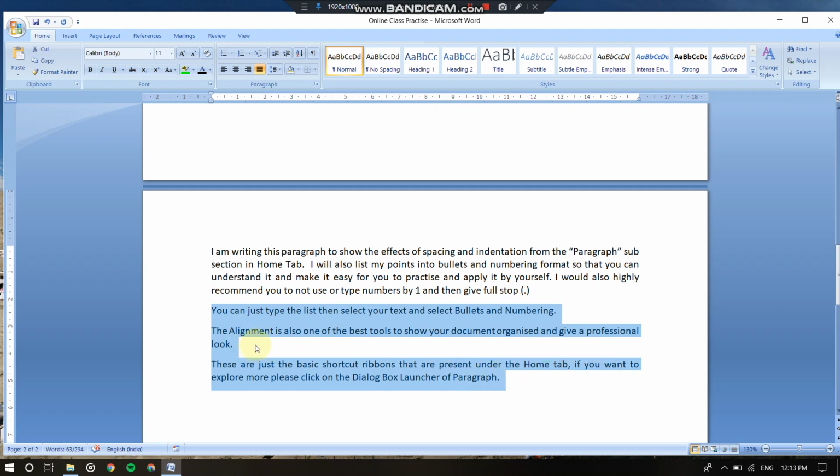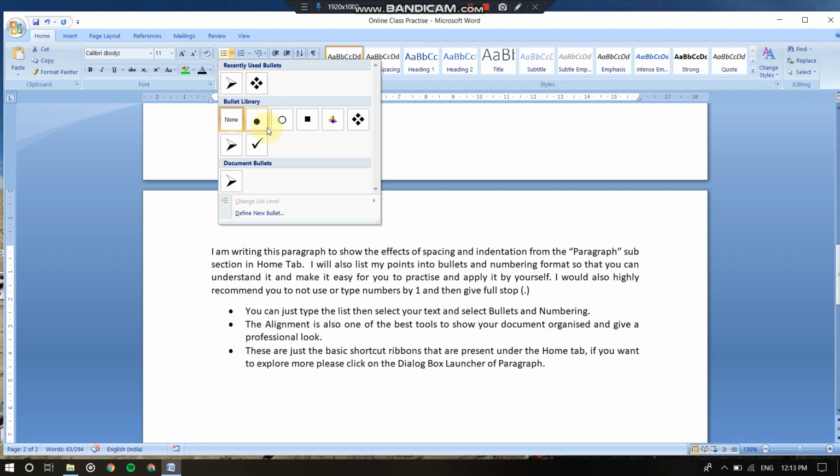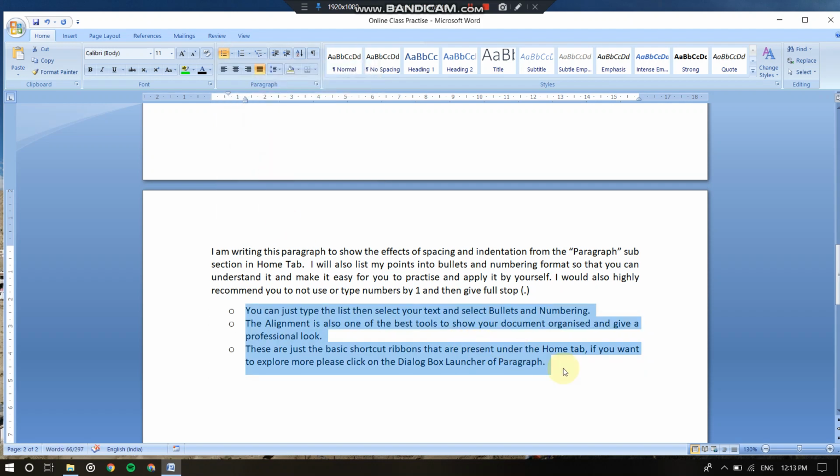So select the last 3 lines and apply your bullets, whatever the points. Suppose for example these are my points. Now hit enter, and by default it will continue with your bullets and numbering. If you want to skip the bullets, just hit your backspace once and you will go back. That is one of the ways while you're working on it. And if not, then just click this, and you go back to your default.